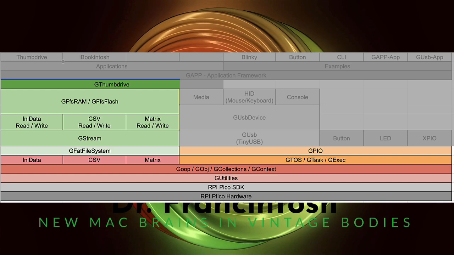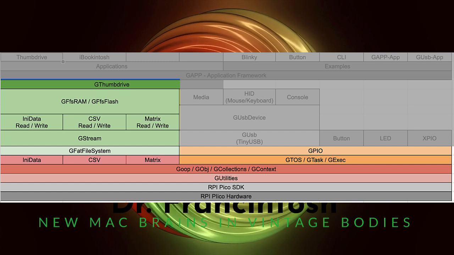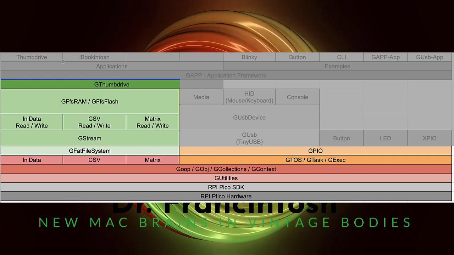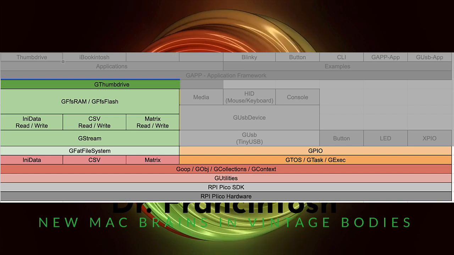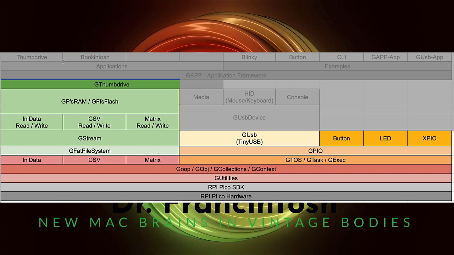And by creating this sort of predecessor-successor relationship with messaging, we have a loosely coupled design that allows us to be more generic about how we process our events. On top of that is GPIO, which manages the general purpose I/O pins on the Raspberry Pi Pico. And then I took advantage of Tiny USB, broke that out into an object-oriented paradigm, as well as button, LED,